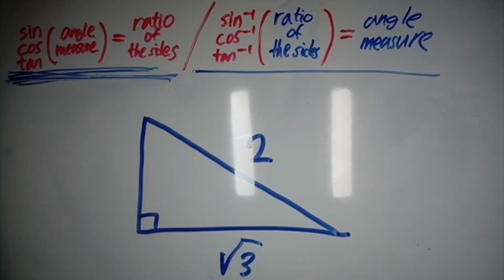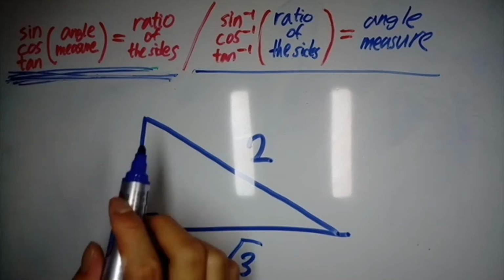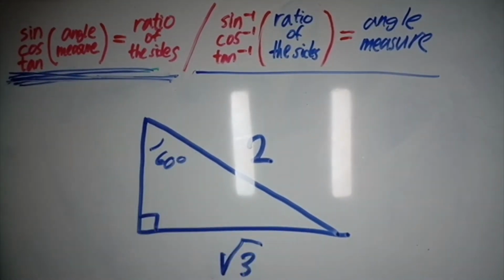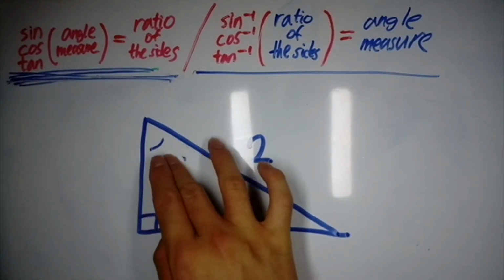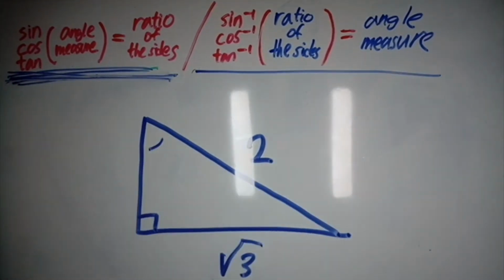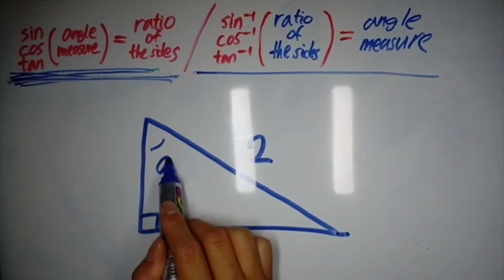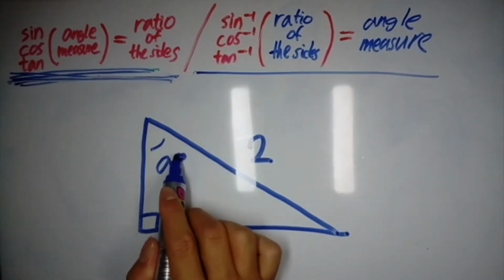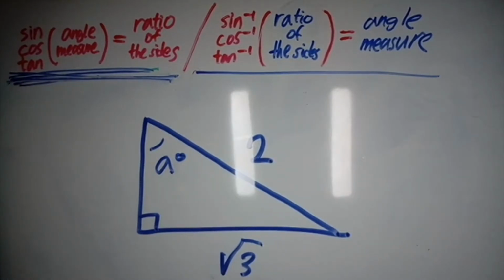Now, I've deliberately set it as the special triangle so that we know that this angle is 60 degrees, but let's assume that we don't know about the special triangles. And let's say that this angle has the measure of A, and here we should be using the inverse